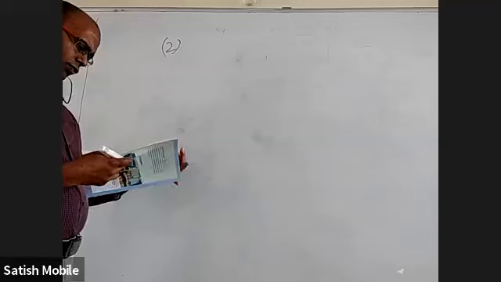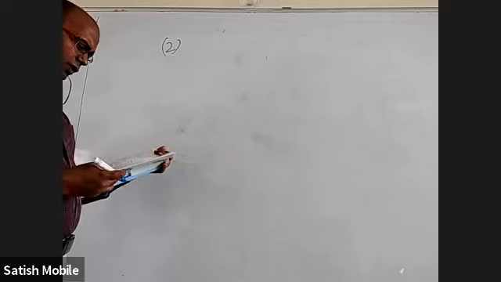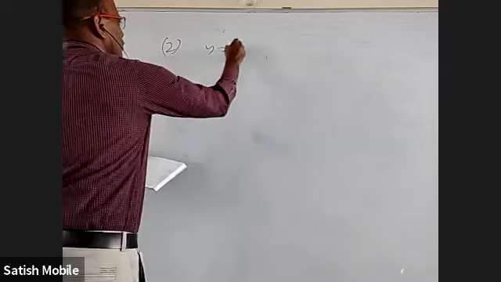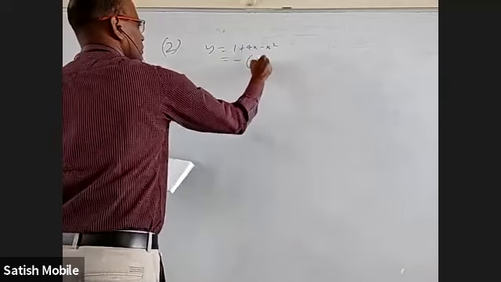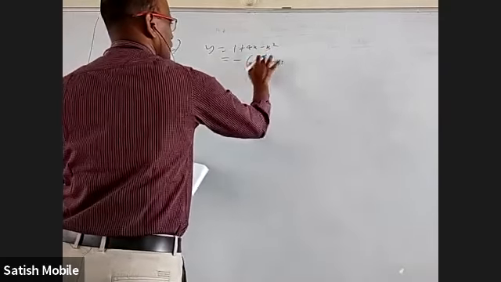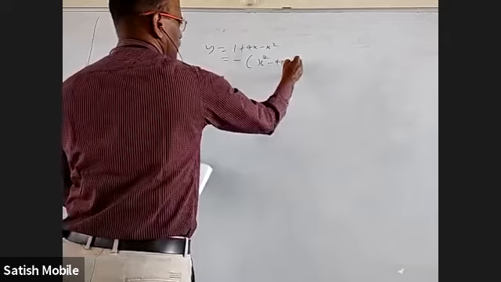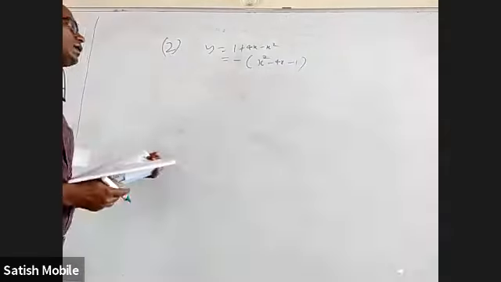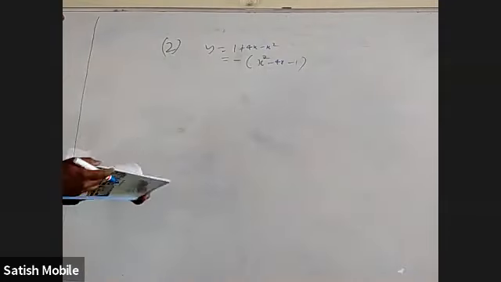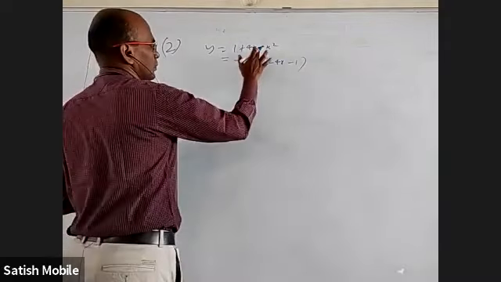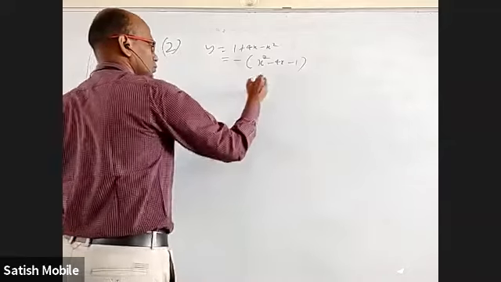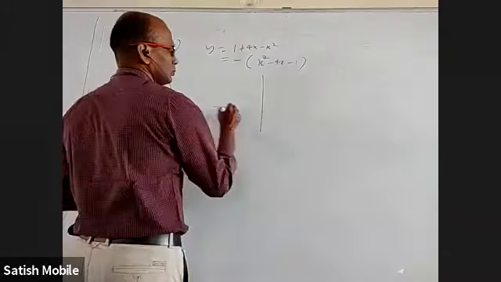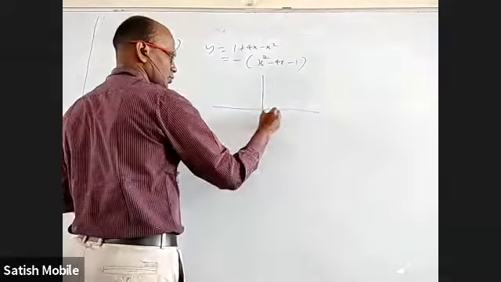x equal to 0, y. First of all, I have to draw the parabola y equal to 1 plus 4x minus x square. If I take minus common, it is x square minus 4x minus 1. Does this have roots? Yes, it has roots, and the maximum will happen at 2. But the roots are, one is negative, one is positive.